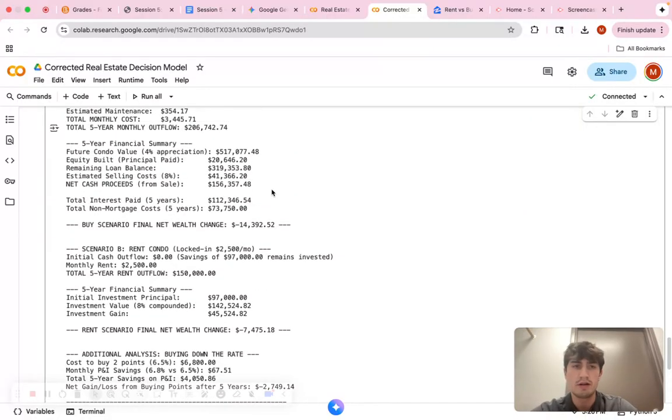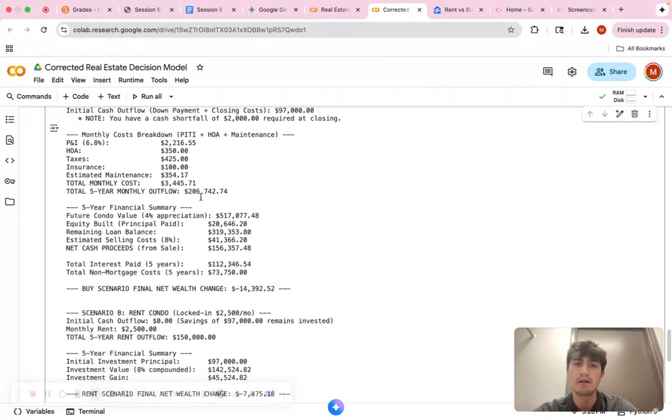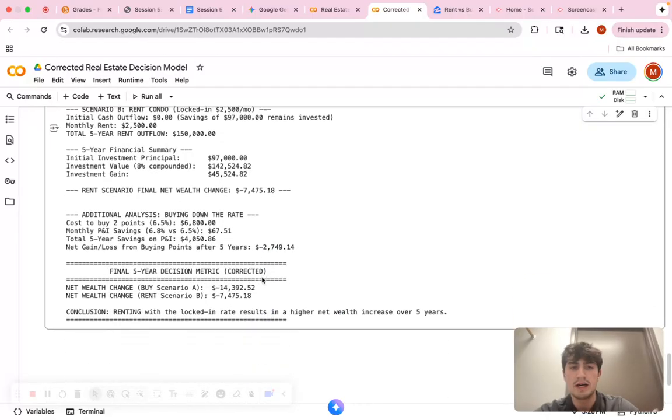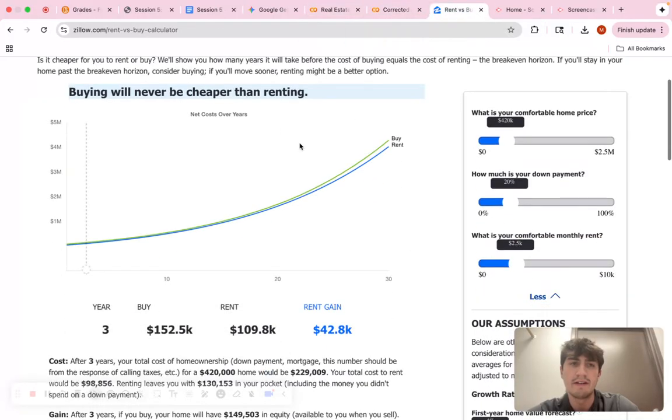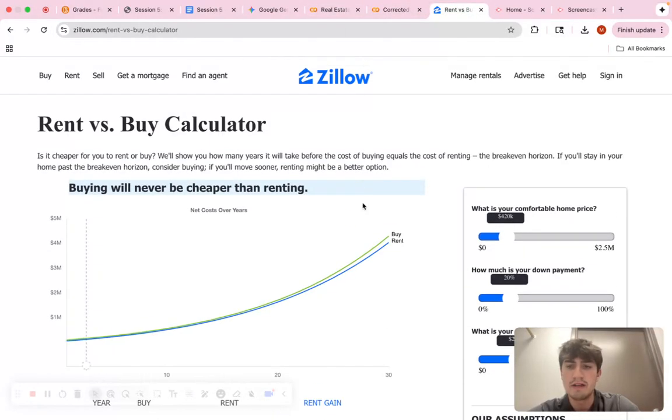However, it just changed one minor thing, and this time it gave me a net wealth change of negative $7,475, which is way different than the 100K that it gave me before. So this one has renting with the locked-in rate of 2,500 monthly for 5 years. So this has renting as the best scenario, which I was then able to validate with Zillow.com, which is a